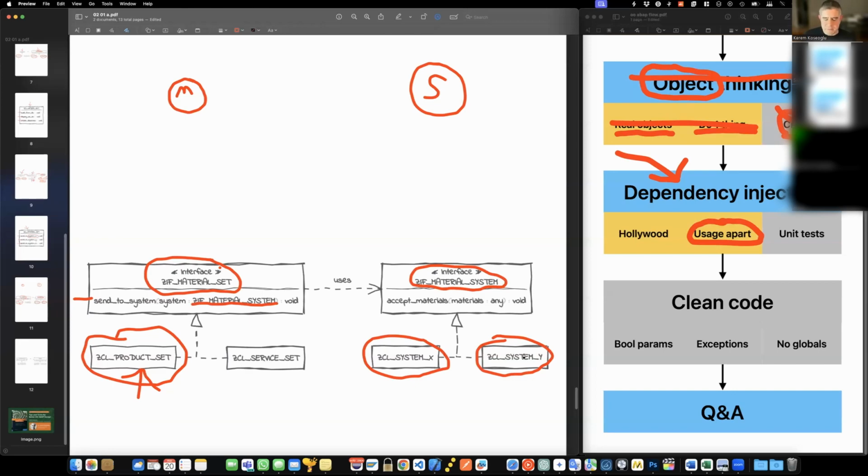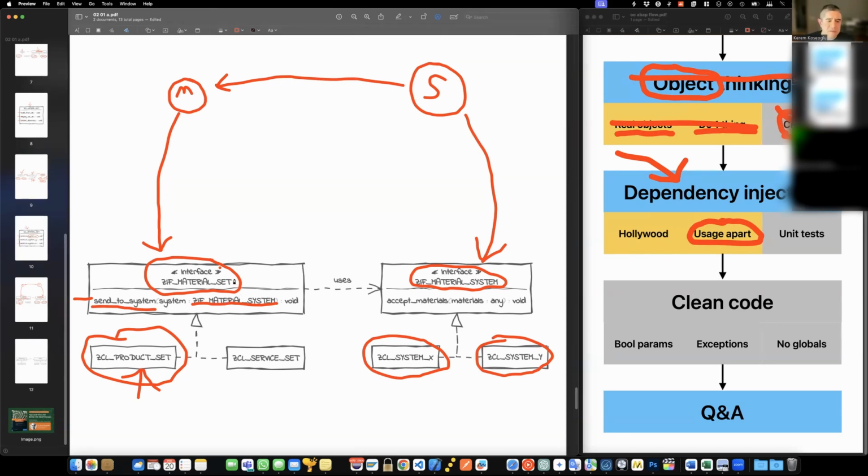This is representing a non-subsystem. And then, just like my material class is referring to the interface, my system class will also refer to my interface. So after creating the objects, I don't have anything to do with concrete classes anymore. And when I want to send the materials to the remote system, I will invoke the send to system method on my material class, and following the Hollywood principle, I will send this system interface to the material method. Do you see the difference?